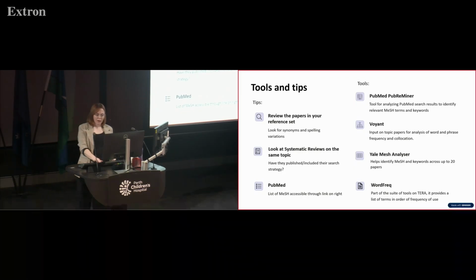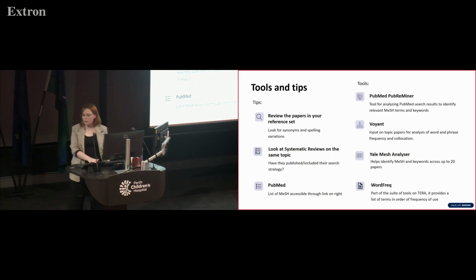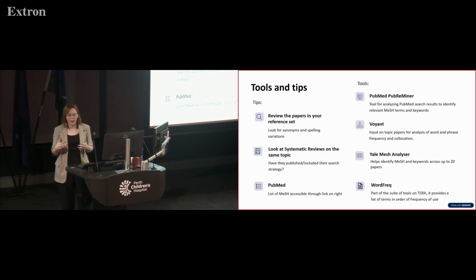And then there are quite a few online tools for text mining. I have only highlighted a few here, but there are definitely more out there, but these are just ones that I am familiar with and that are free to use. So you have PubMed PubReMiner. That's a tool for analysing PubMed search results, and it will give you a list of repeated words in a single paper, so you can see what's coming up time and time again to be able to populate your